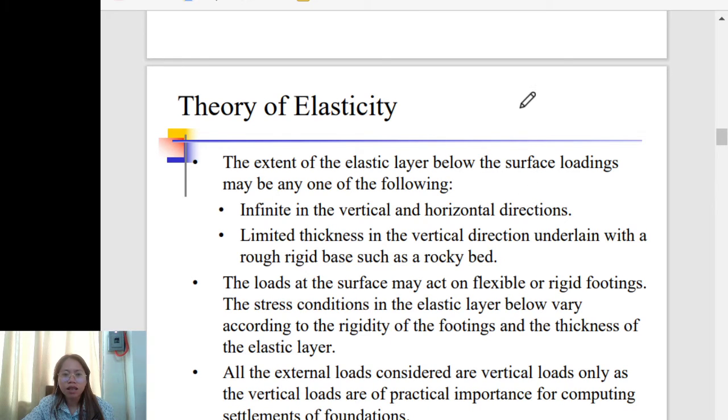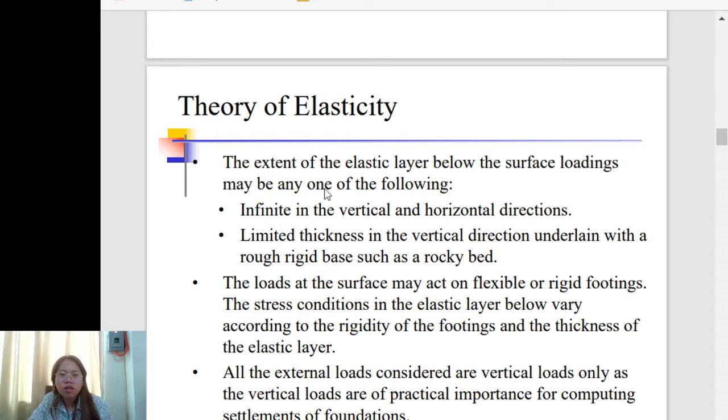The extent of the elastic layer below the surface loadings may be any of the following: infinite in the vertical and horizontal directions, or limited thickness in the vertical direction underlain with a rough rigid base such as rocky bed. The loads at the surface may act on flexible or rigid footings. The stress conditions in the elastic layer below vary according to the rigidity of the footings and the thickness of the elastic layer. So all the external loads considered are vertical loads only, as the vertical loads are of practical importance for computing settlements of